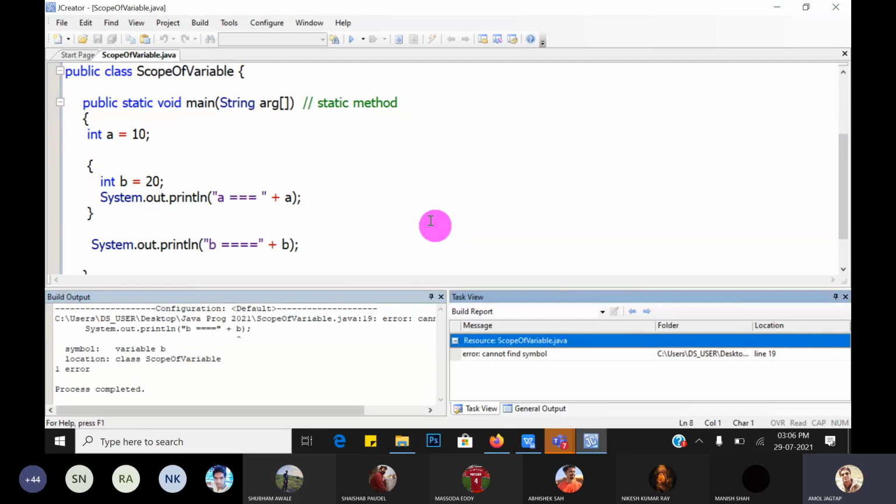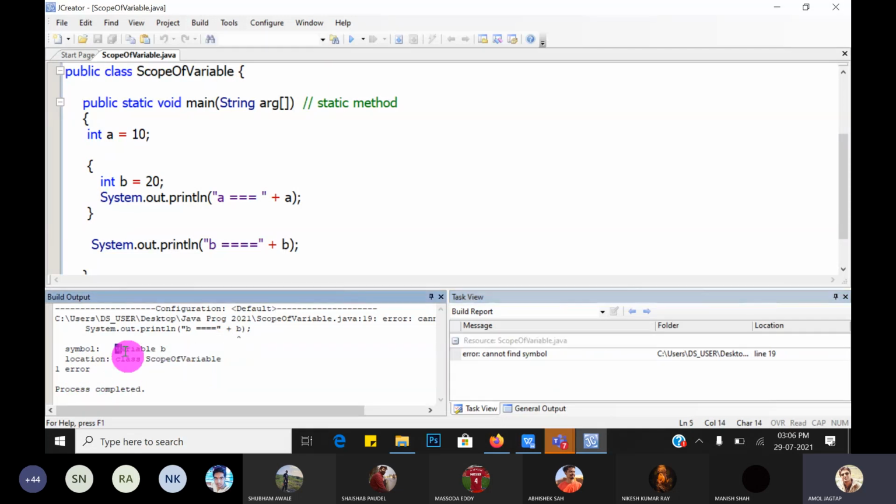Tell me. No. It gives you a syntactical error, cannot find symbol, because in this curly bracket scope there is no b. In the inner curly bracket scope there is a b, because b is a local variable, and local variables are accessible only within the block, not outside the block.